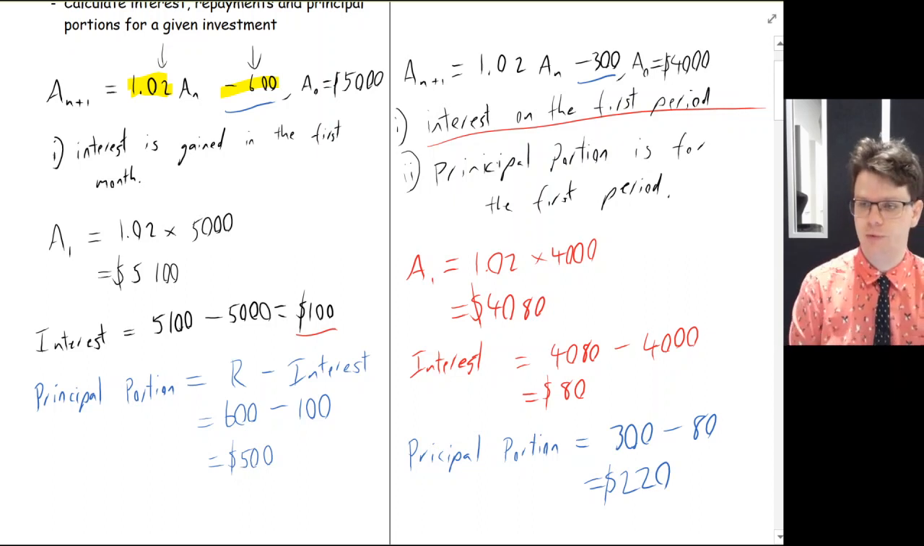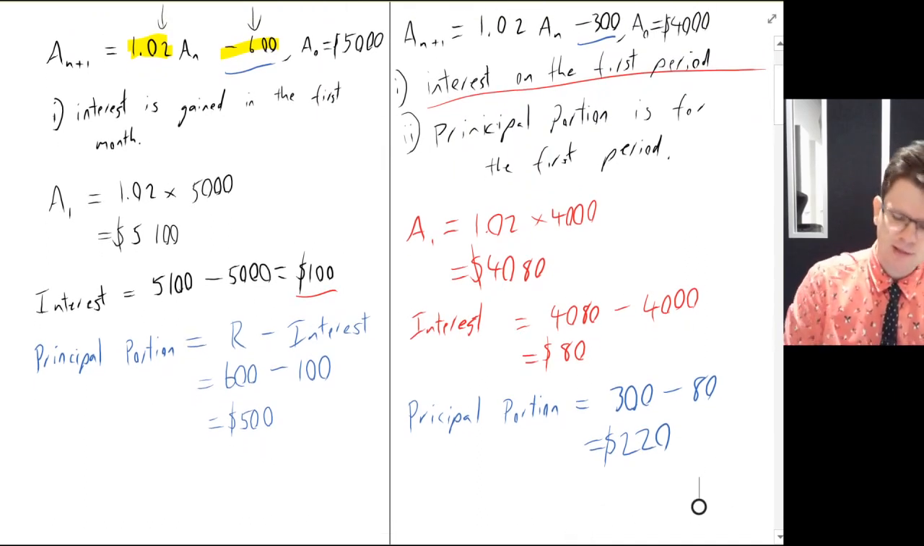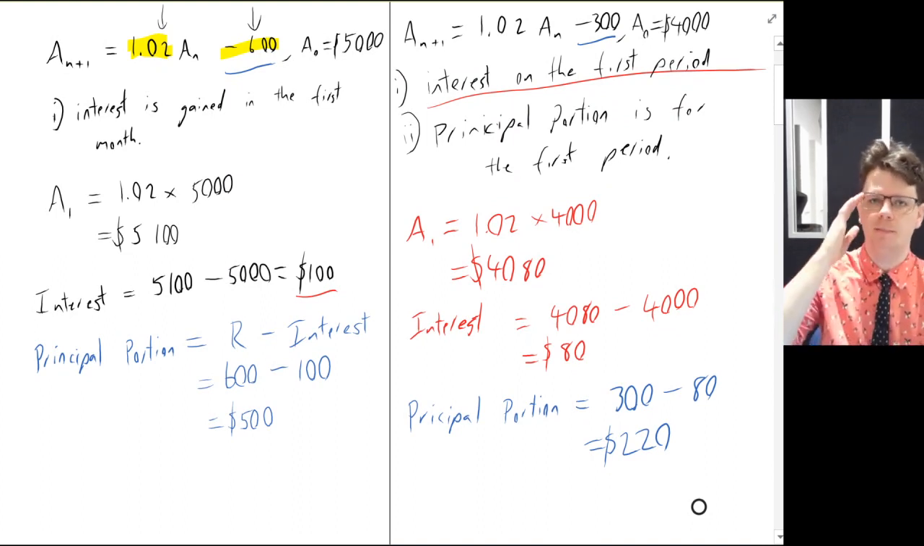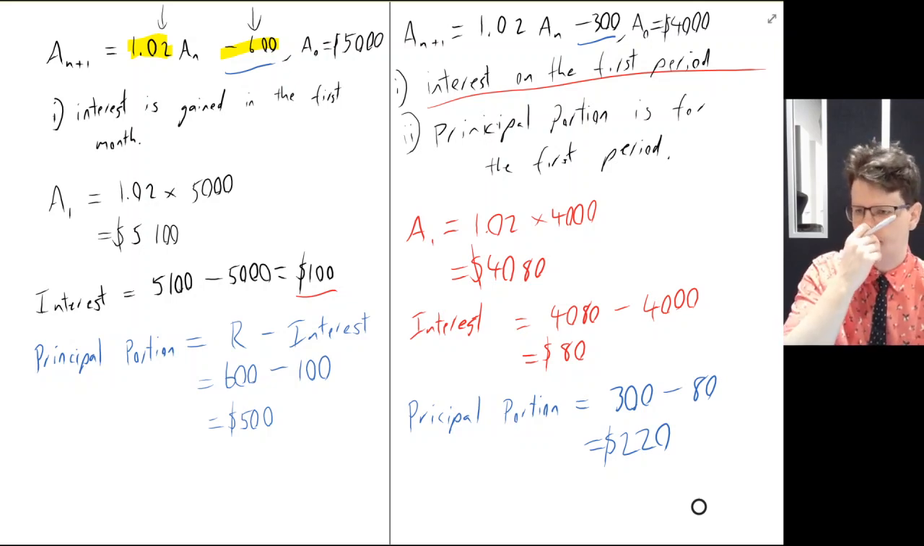And that gives us 220. Remembering, it's our repayments, in this case $300, minus the interest gained for that period. Alrighty, so